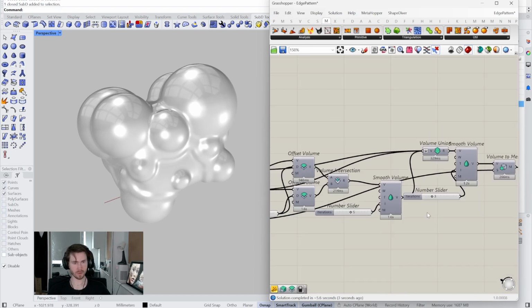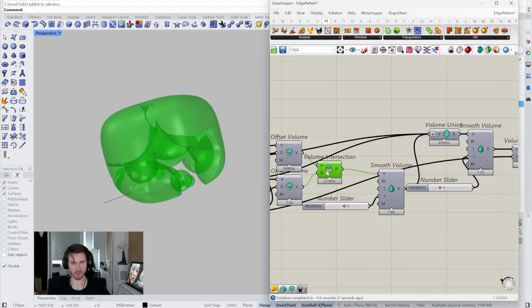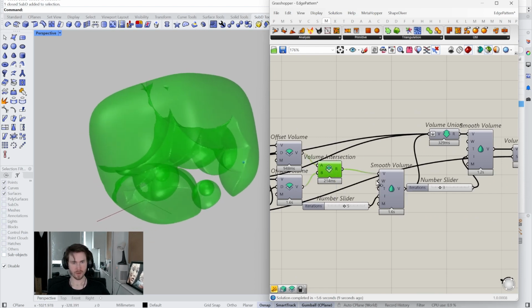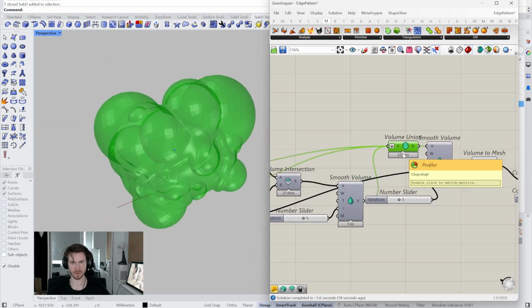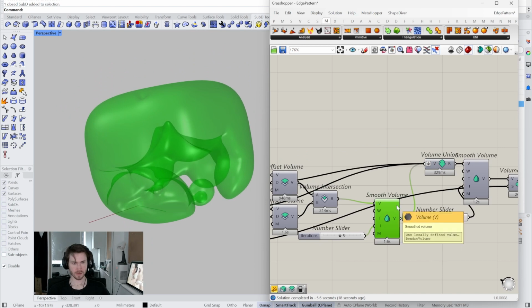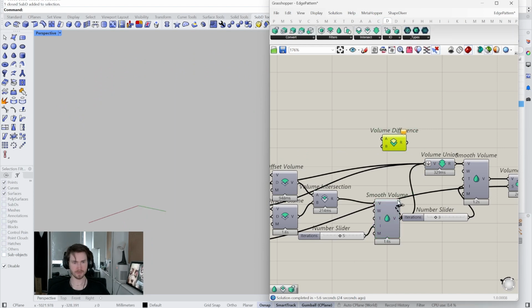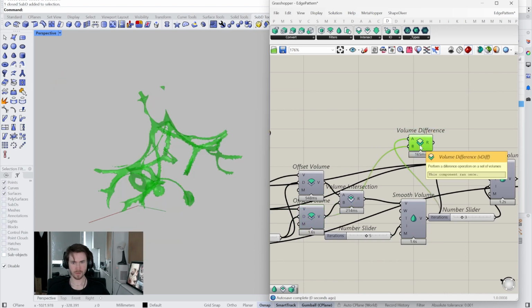One thing we can do to spruce this up even a bit more is, let's go through this workflow again. So we have the offsets there, we'll smooth them down, then we combine everything together. So before we do this part, let's take this and let's go back to Dendro and let's subtract out the original spheres. So if we do that,